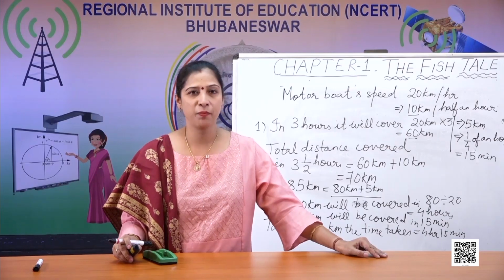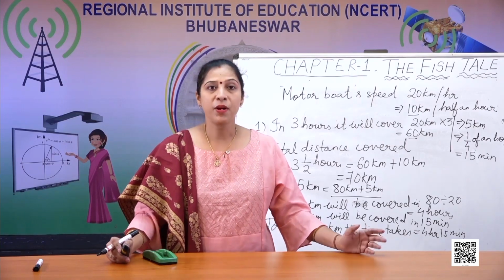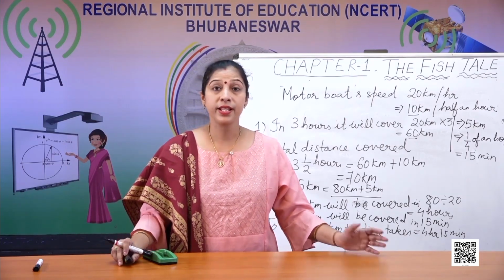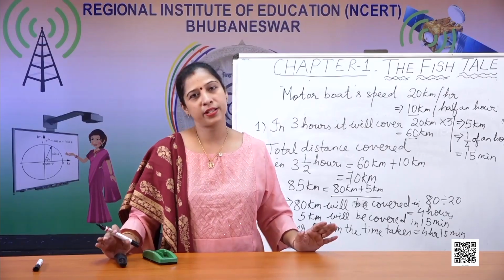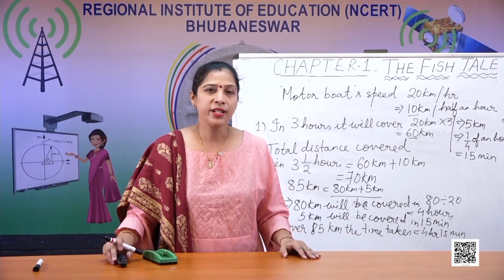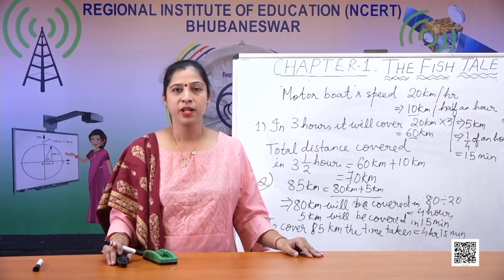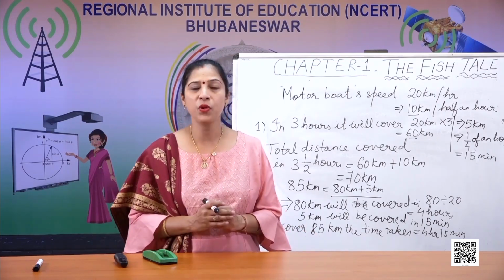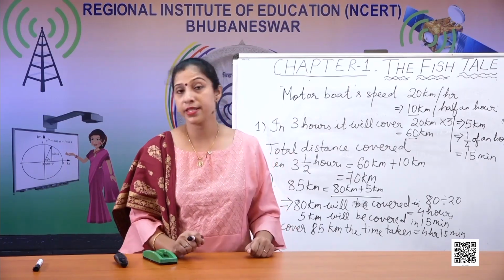But there is another type of boat which is actually not very good for the environment. Let's learn about that also. These are the big trawlers. They are called big machine boats or trawlers. They are very big in size. They can stay inside the sea for a longer time and they catch a lot of fish at one point of time. Now children, it is creating problems for the poor fisherman who can only use a logboat, because the fisherman who uses a logboat can only catch a small amount of fish at a time, and they are very considerate also